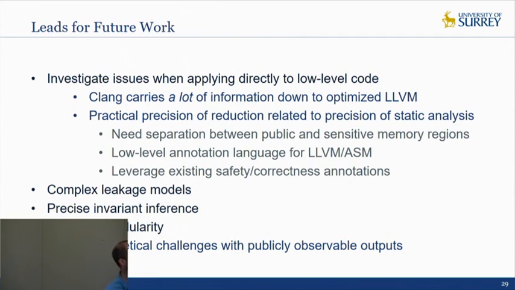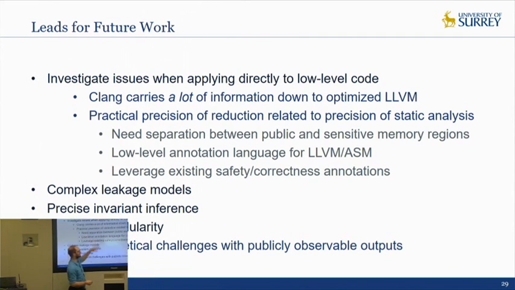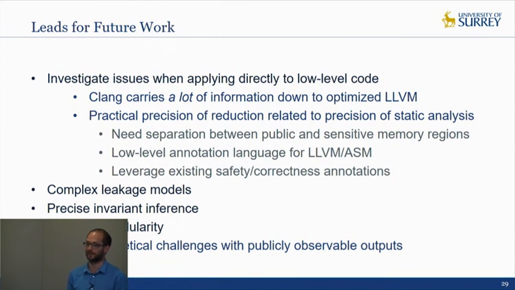And in particular, one thing that's getting us stuck on some examples is that you need to be able to properly separate memory regions that contain public data from memory regions that contain secret dependent data. And if you have a C program, for example, that does weird things like sets 0 on a whole structure and essentially collapses it all into one region doing so, then you essentially get stuck and have to get arithmetic invariance to clearly separate those two regions,